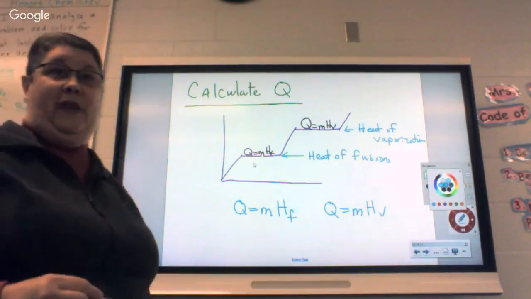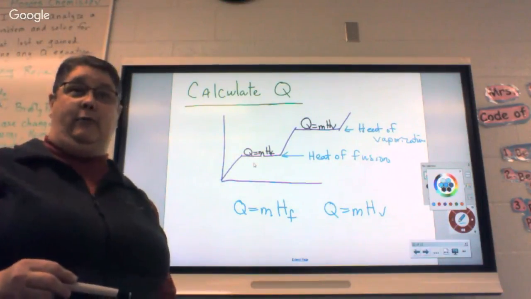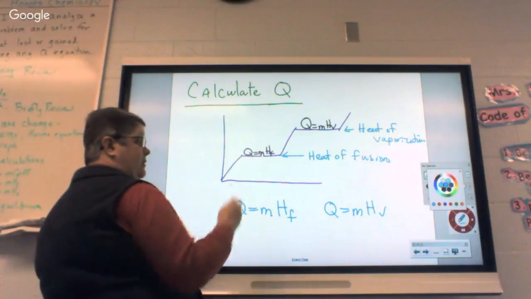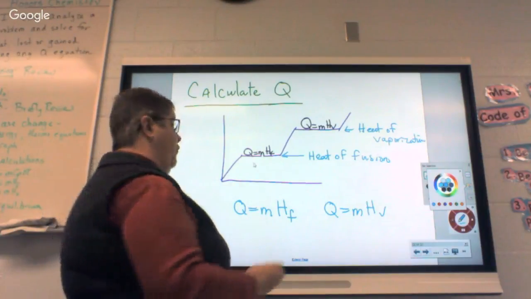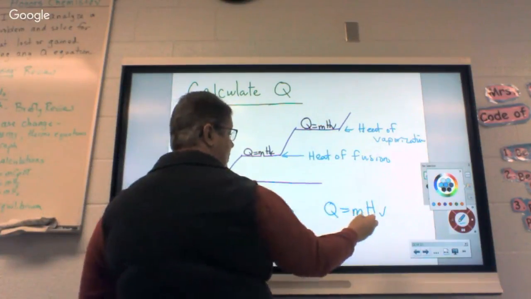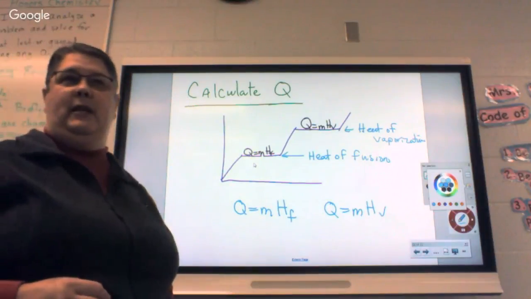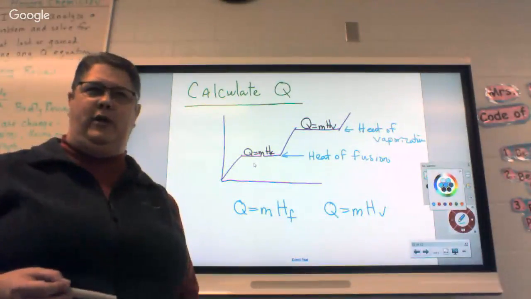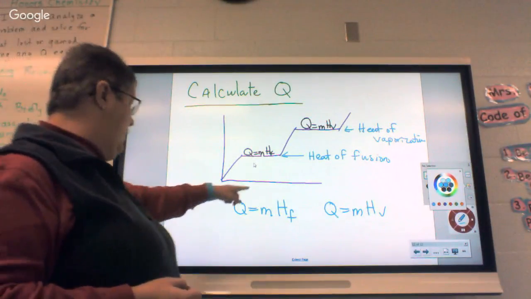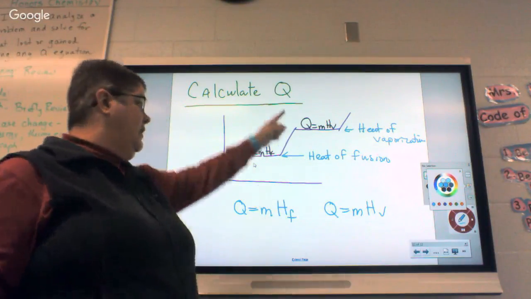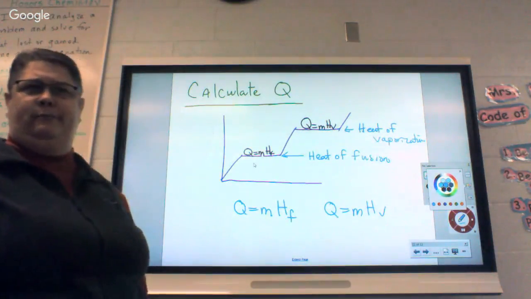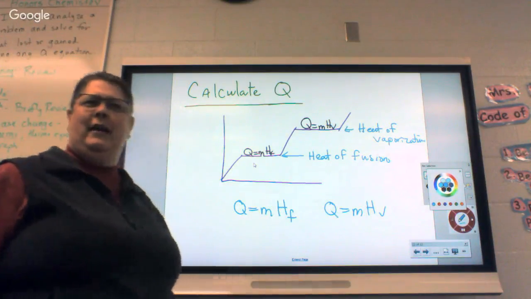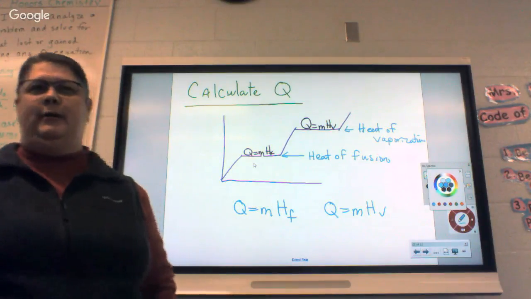These are the equations that go with the flat spots. We have to figure out how to calculate with those equations today. So if we're calculating this flat spot, it's this equation. If we're calculating with this flat spot, it's that equation. I'm just telling you that's what each equation goes with. This flat spot is based on heat of fusion. This flat spot is based on heat of vaporization. That's why I rewrote it. That's an F. I wrote it bigger and plainer for you people.